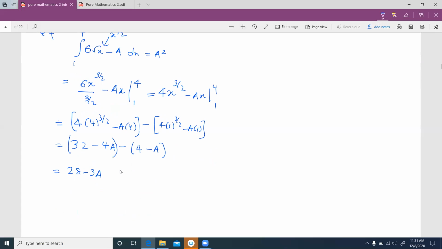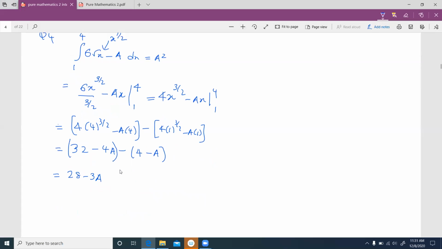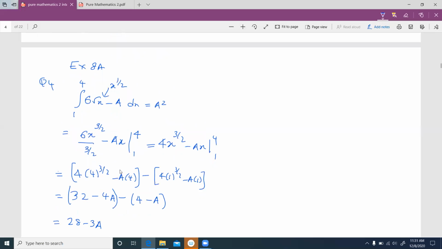Now they have given that this answer is a squared. Therefore you can write 28 minus 3a is equal to a squared. Then bring all the terms to one side. That is a squared plus 3a